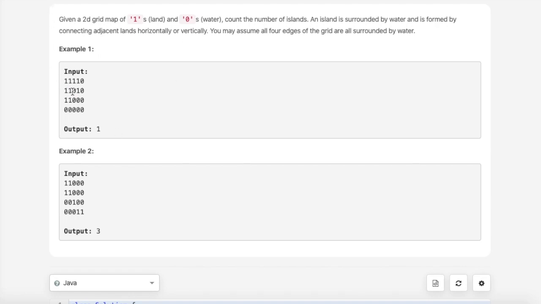These two ones also get connected because both of them are horizontal, and this one above and this one get connected because those two are vertical, and this one and the below one also get connected because they are vertical, and these both also get connected because they're horizontal. So this entire group of ones forms a single island.